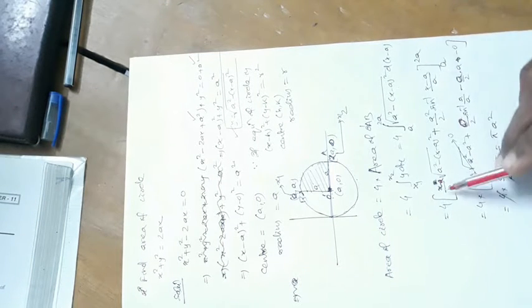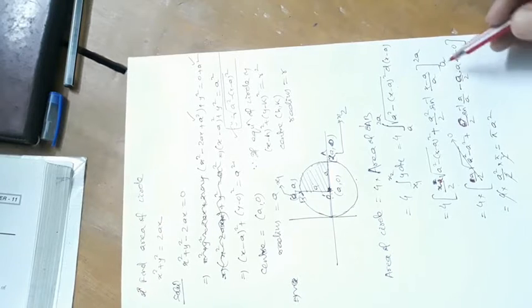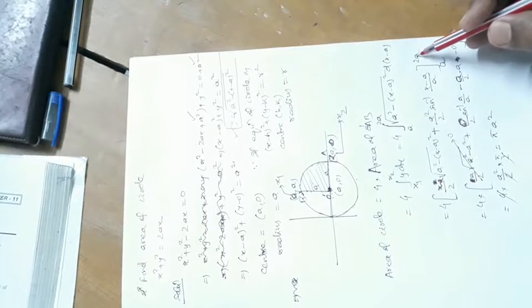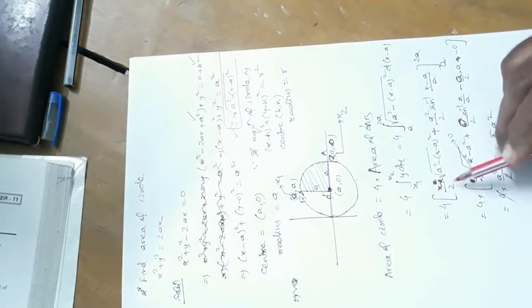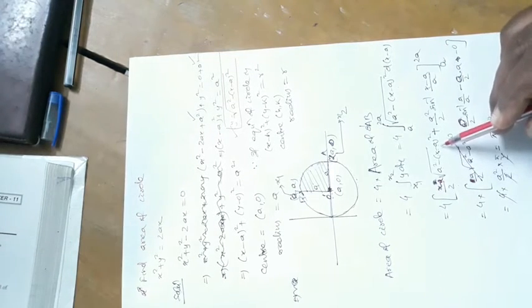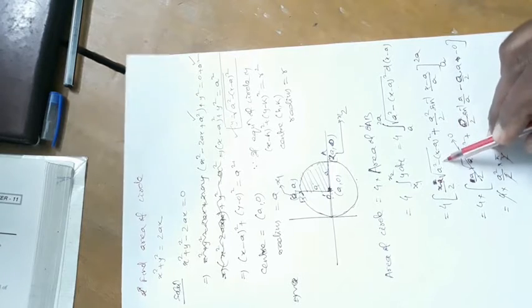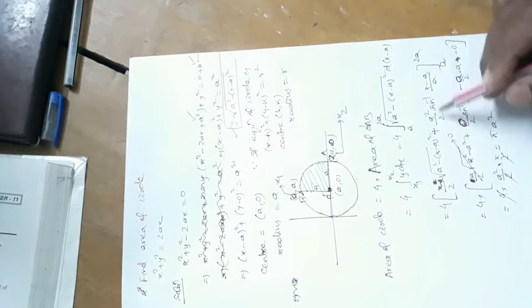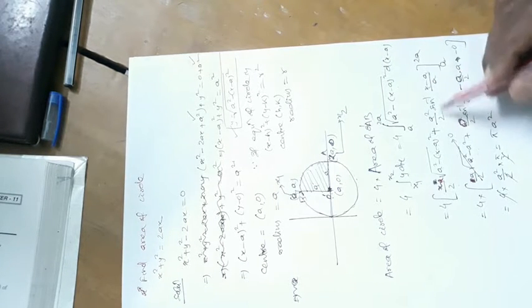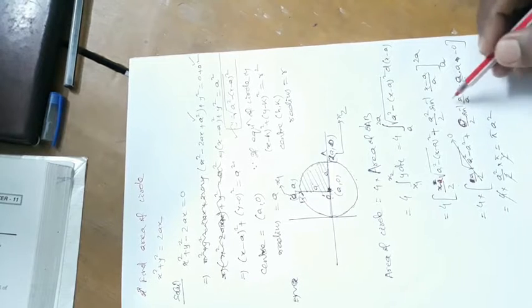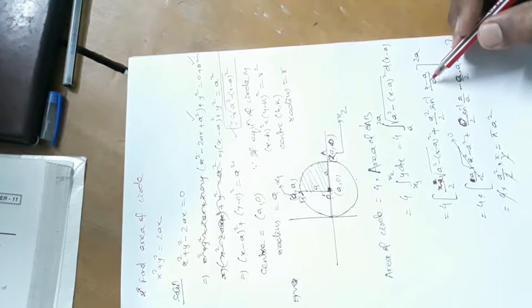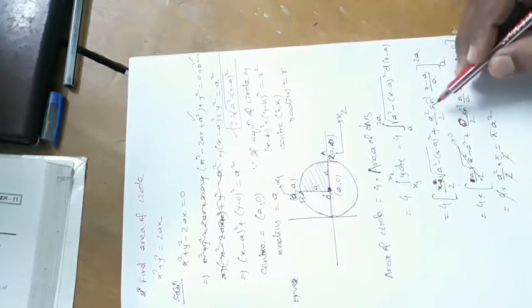And when you put 2a here, (2a − a)/2, that is a/2, times √(a² − (2a − a)²), that is a² − a², plus a²/2